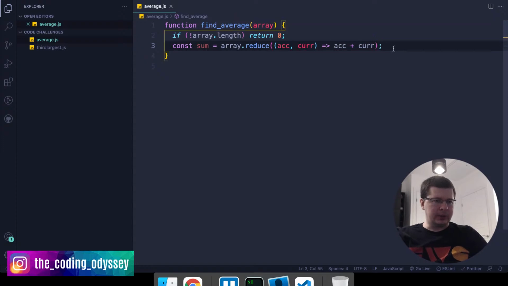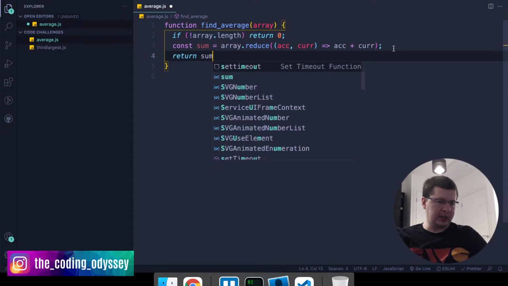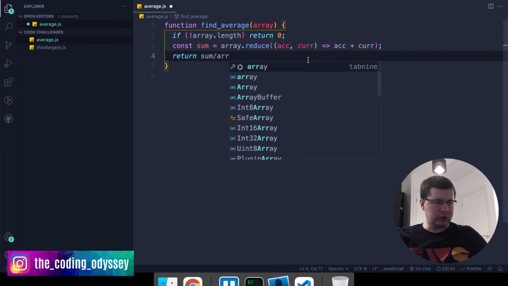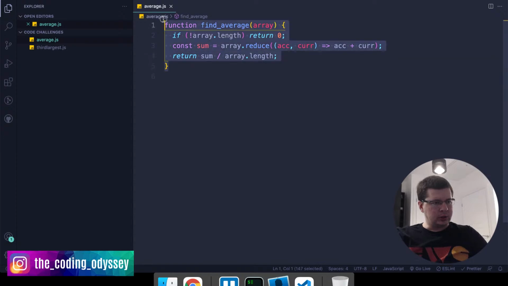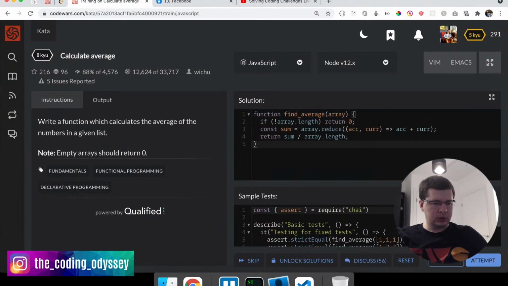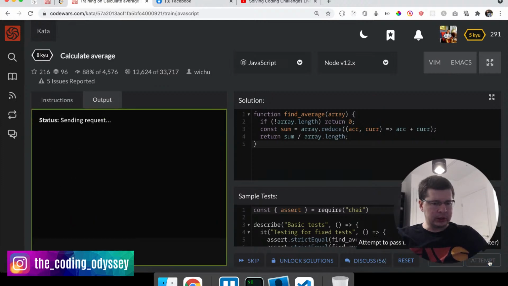So it's pretty simple. And then what we want to return is sum divided by array length, because we want to return the average. All right, and this is it. Let's copy this in here. I'm going to move this to the right and test it, and this works. And let's attempt it,